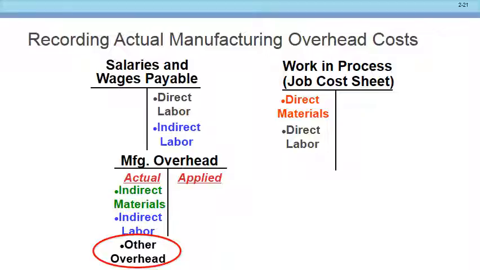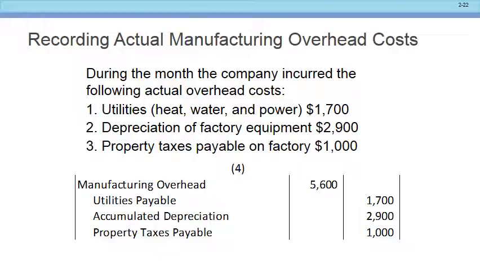We're going to go ahead and debit manufacturing overhead, and then we will apply that to the work in progress based on however many hours we spend making this sandwich, this product, whatever it is, right? Okay, so we have our indirect materials, our indirect labor, we have these other items, and now we're going to go ahead and apply them by debiting, well, okay.